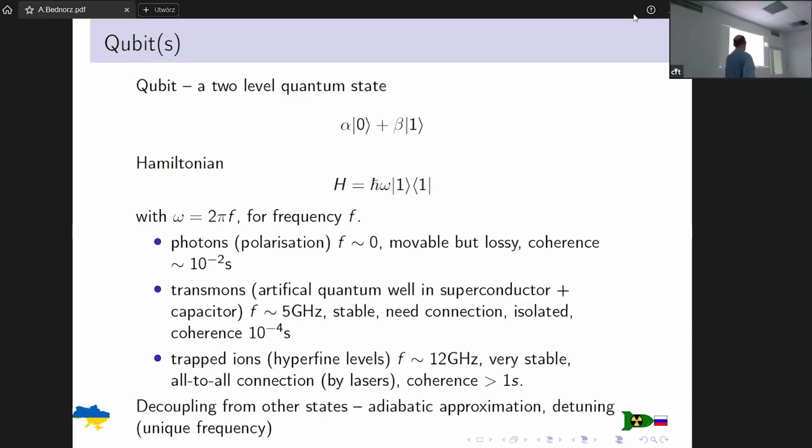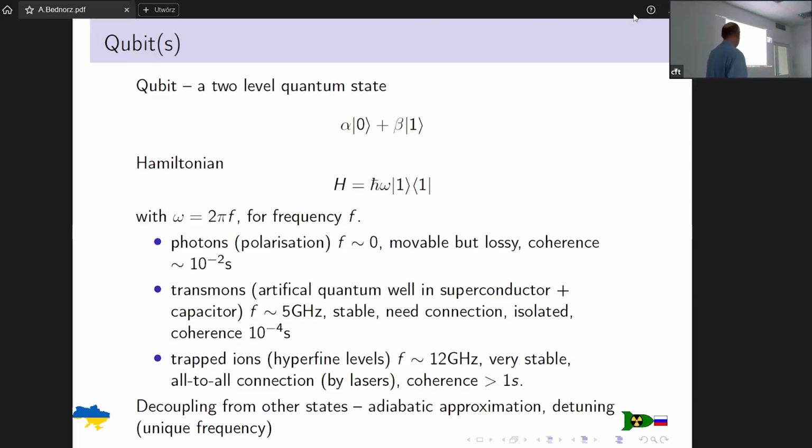Okay, so on the market, there are at least three technologies for how to construct qubits. One is quite an old one, photons. You have two polarizations of a photon, horizontal or vertical, or some combination of them. The drive frequency is 0 just because they are different only by polarization, so you don't differ them by frequency. Of course, you can have photons of different frequencies, right? But usually we talk about just polarization state.